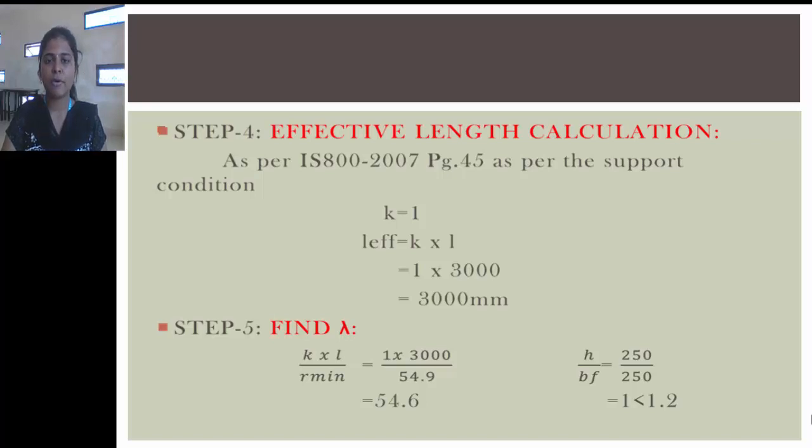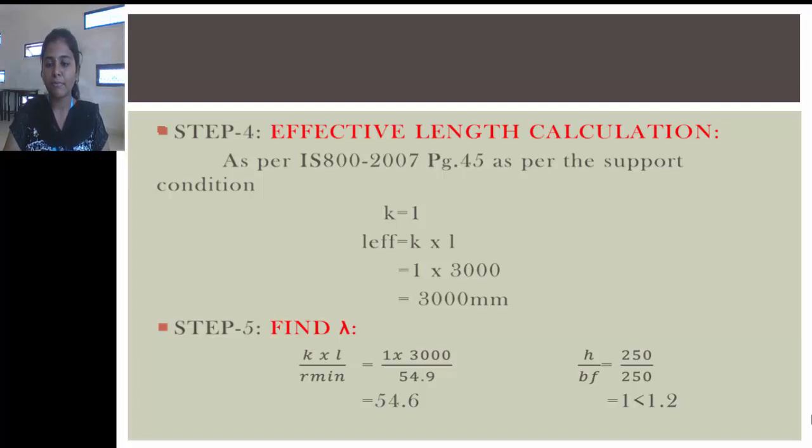And step 4 is finding the effective length of the column. Effective length is found using the formula K into L. K is the constant that is obtained from IS 800:2007 page 45. It is purely based upon the restraint conditions. So we have found the L effective value, and step 5 is finding the lambda, the slenderness ratio. Slenderness ratio lambda is equal to KL by R minimum. K is 1 and L is 3000 mm and R minimum is 54.9, from which we can get the lambda value as